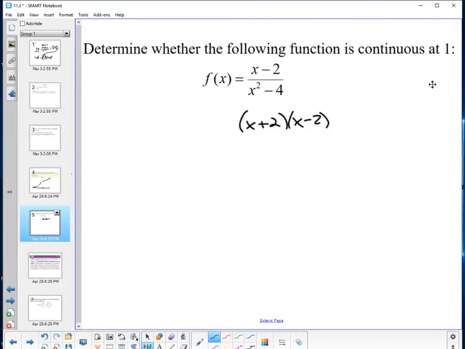If I plug in 1, is that going to do anything to my function? No, right? So I don't really have to worry about it, but I could plug my 1 in here. What's 1 minus 1? Oh, that's the wrong mouse. What's 1 minus 2, sorry. I said 1 and I looked at 2. So I've got negative 1, and then I've got 1 squared, which is 1. So it looks like my function is definitely defined as 1/3. So I've met